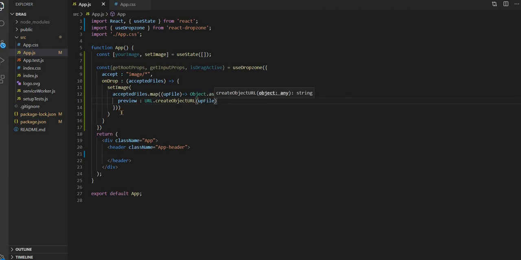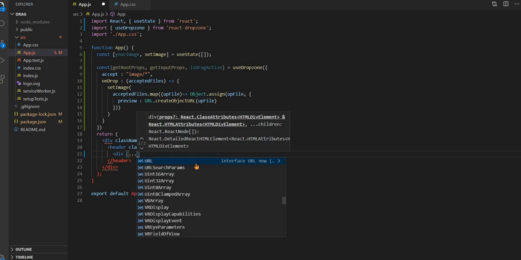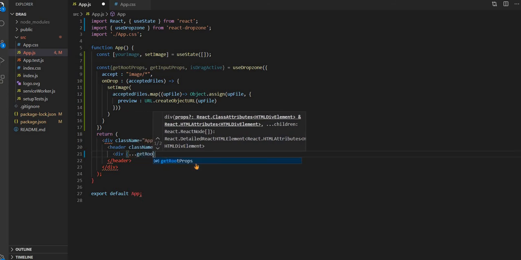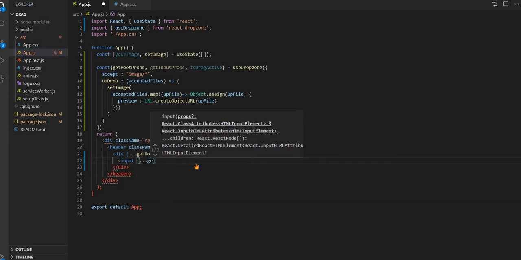So this is what we have to do on drop. So let's add a div, and inside the div just write the spread operator and getRootProps, and inside that div an input, for the input getInputProps.